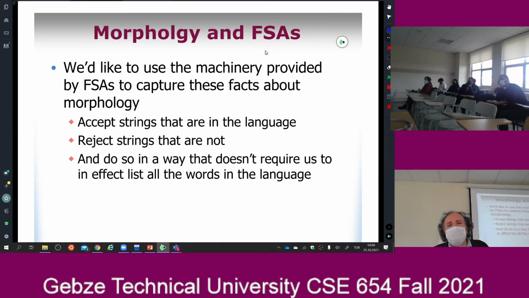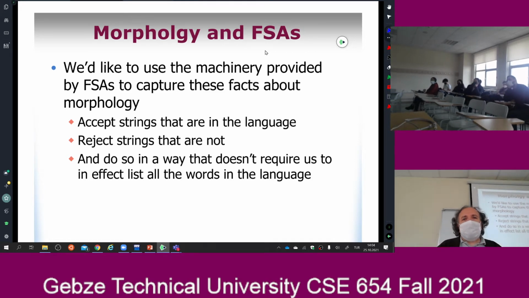So we are going to deal with this morphology problem using the finite state automata. We are going to give one word, okay, and we are going to ask our finite state automata, is this an acceptable word in English or Turkish? And it's going to say yes or no. Okay, that's what the finite state automatas do, right? So in that way,